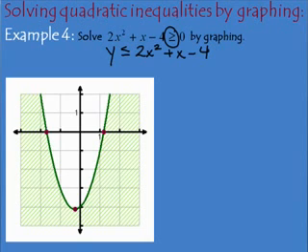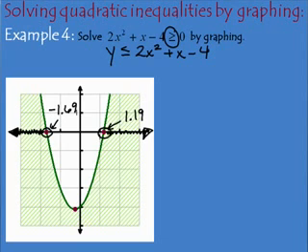Okay, so let's go ahead. This point right here was -1.69, and remember that's an approximation. It's not going to be exact. And this point right here was approximately 1.19. Those were my zeros that I found by using the quadratic formula. So if I'm solving a quadratic inequality by graphing, I'm looking at the x-axis and where the shading is in comparison to my zeros or my roots along the x-axis. On this particular example, my shading is on the region outside of the parabola. So the shading on the x-axis goes to the left of the -1.69, but it also goes to the right of the